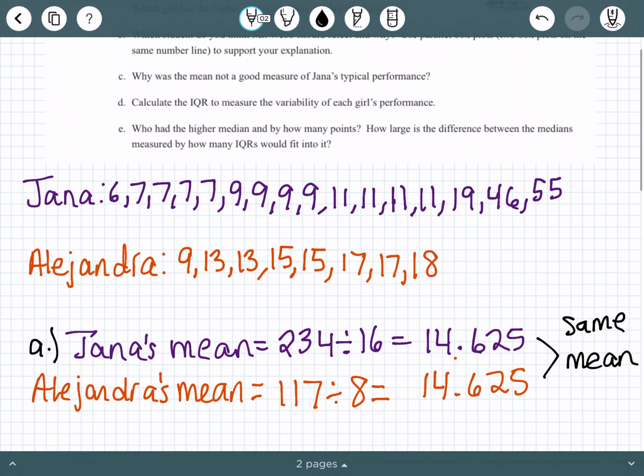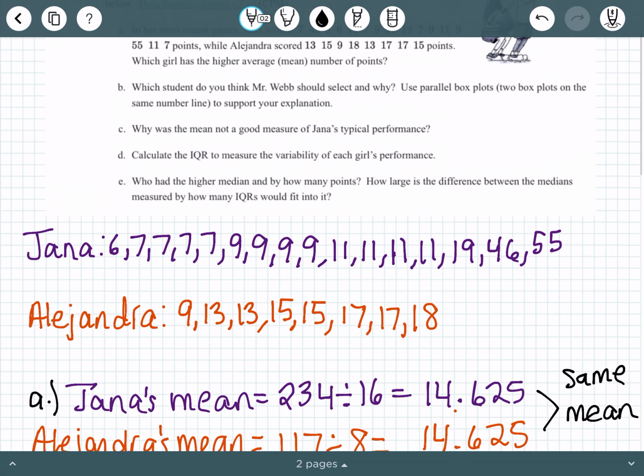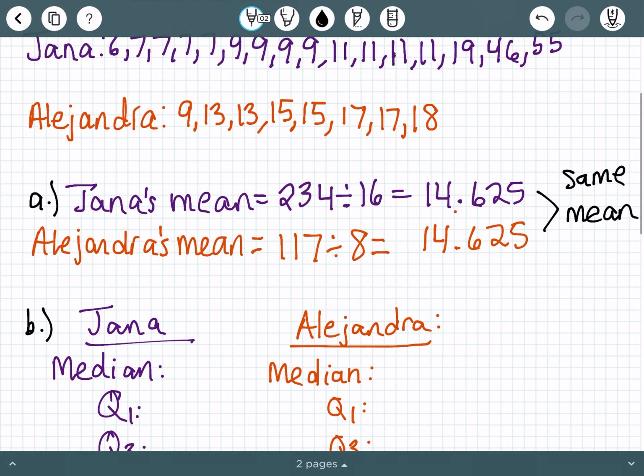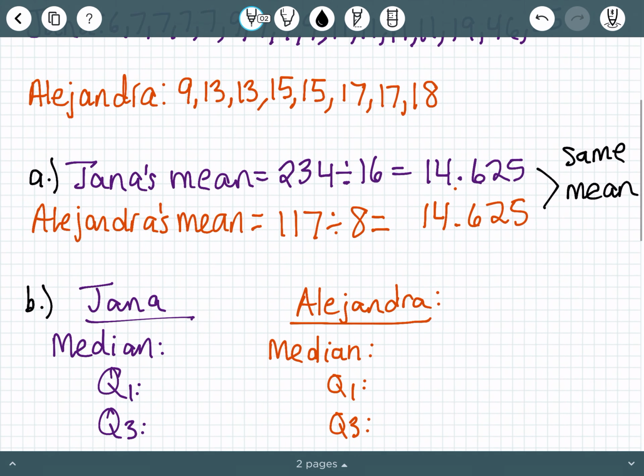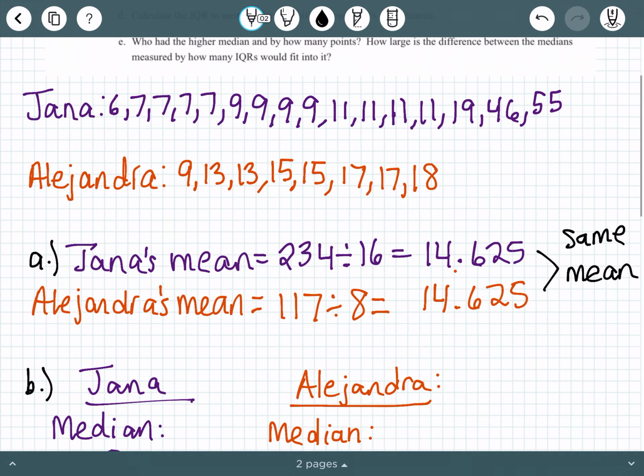All right, on to part B. It says, which student do you think Mr. Webb should select and why? Use parallel box plots, which is 2 box plots on the same number line, to support your explanation. So if we're doing box plots, that means we need to find the median, first and third quartiles of each girl's data. So if we're looking at Jana's,